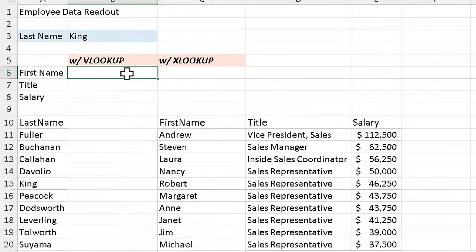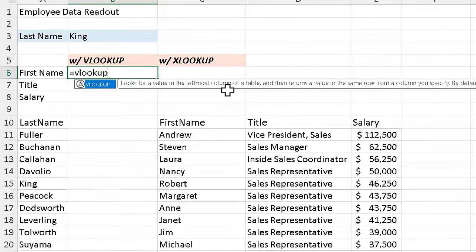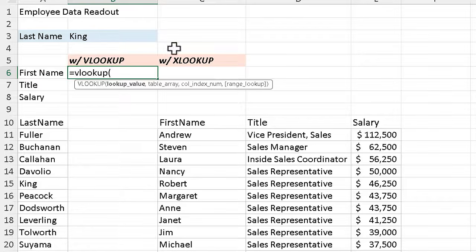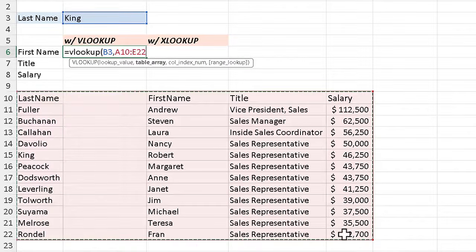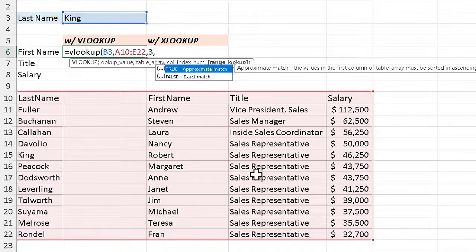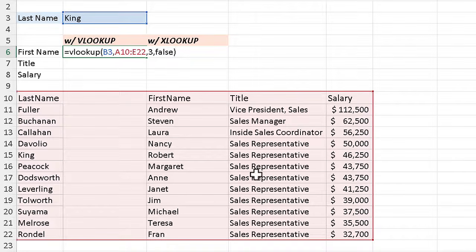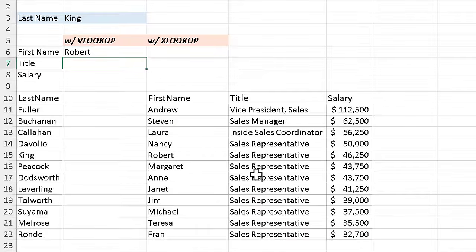If I go ahead and click in cell B6, I can type equals VLOOKUP, open paren, tell it that the lookup value is B3, type the comma, the place to go find it, the table array starts from A10, goes down to E22, comma again. The column index number, which column is in the numerical place for the first names, would be the third column, another comma. And then we type in false for the range lookup to make sure we get an exact match or nothing. We hit enter, and indeed the first name that matches with the last name of King is Robert,